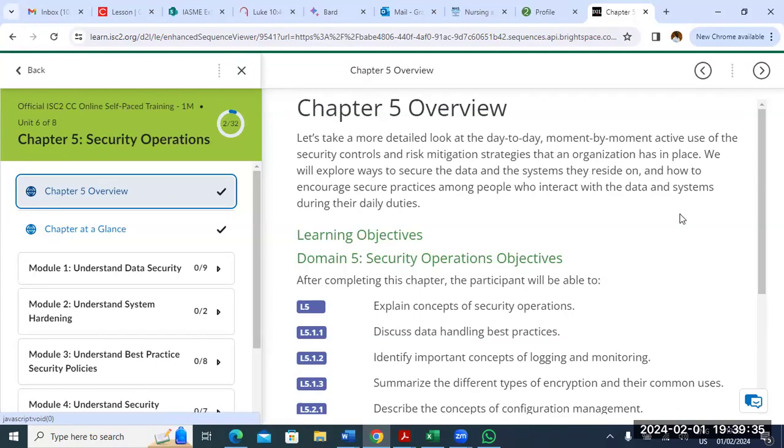duties. And the objectives of this today is looking at the concept of security operations. Why do we have it? And also discuss the data handling best practices. How do you handle data? Then the concept of logging and monitoring, as I mentioned before,